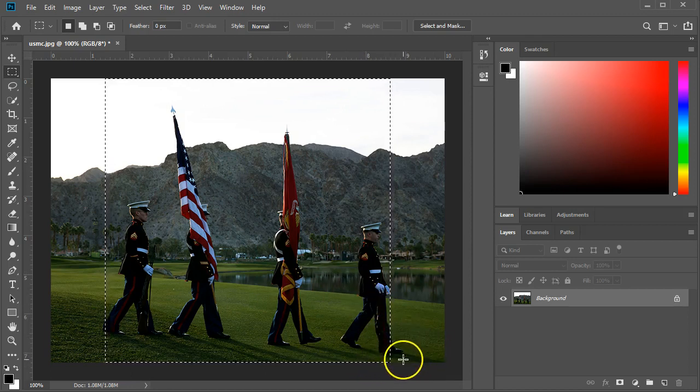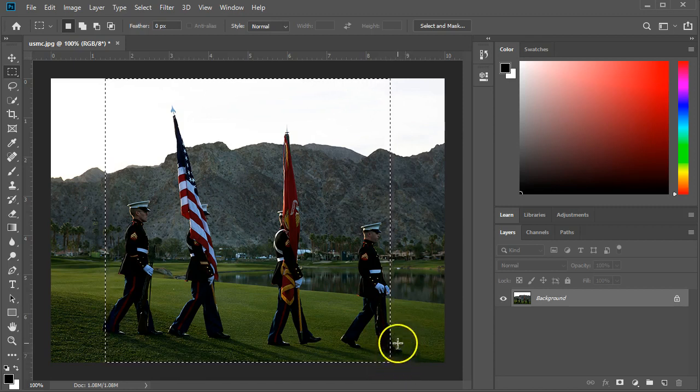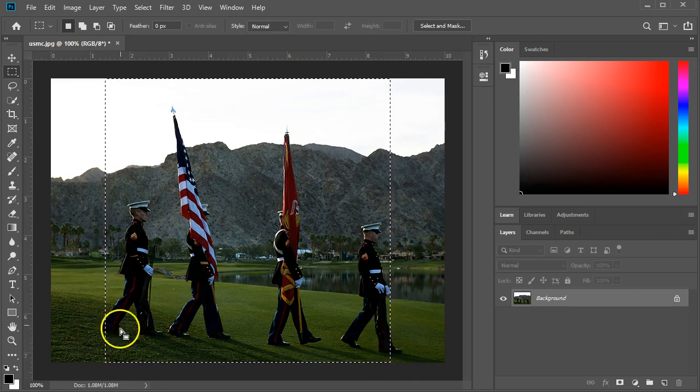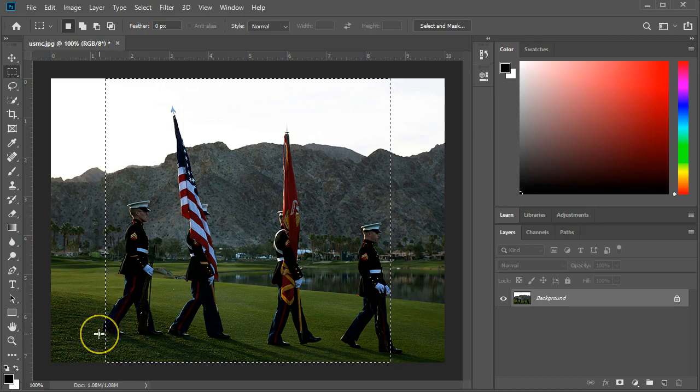At the bottom right, we're cutting off this part of the image that we don't want. We don't want to chop off the toes of this Marine, and we don't want to chop off the heels of this Marine on the left. So in order to figure out, or at least to remember where the square is, I'm going to hover over